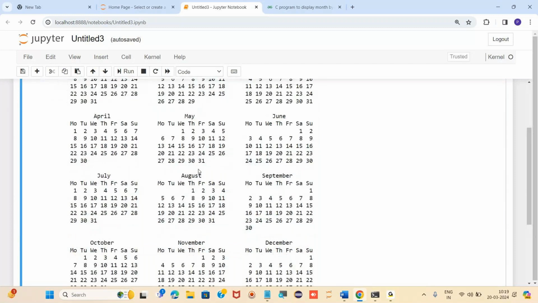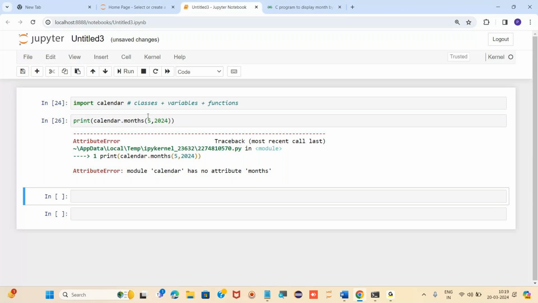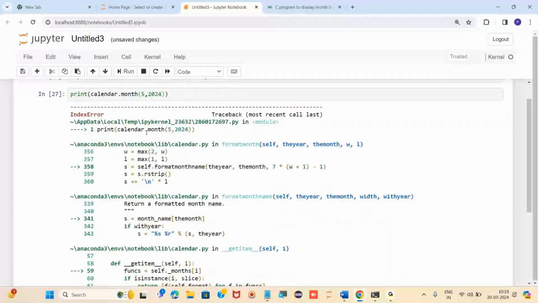Every month's calendar we are getting for 2024. We can also extract based on the month. The only thing we have to do is use the month method here, and we can go for 5.